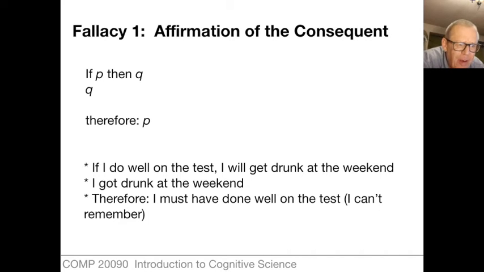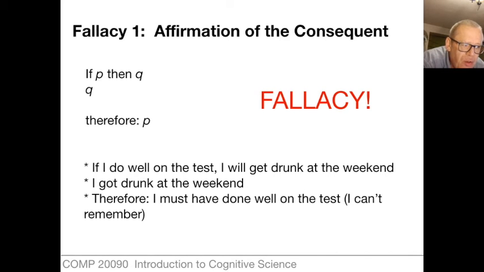And we conclude, therefore, I must have done well on the test. I hope you can see that's not good reasoning. You could have got drunk on the weekend anyway, even if it's true that you would have got drunk if you'd done well on the test. So this is an example of a fallacy, and yet the steps involved are very close to those for some